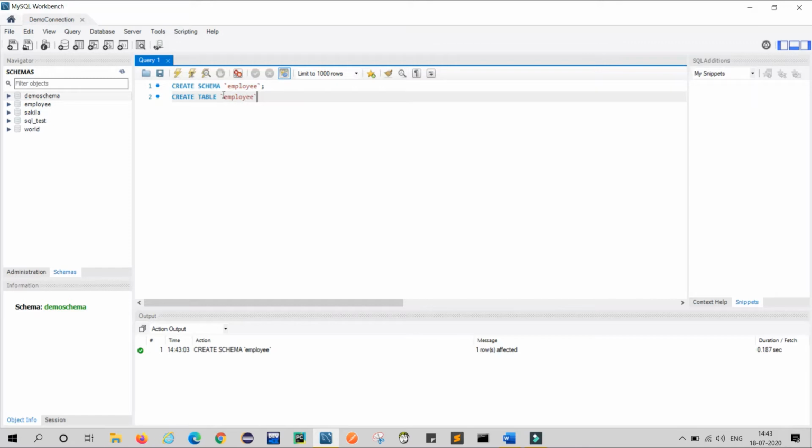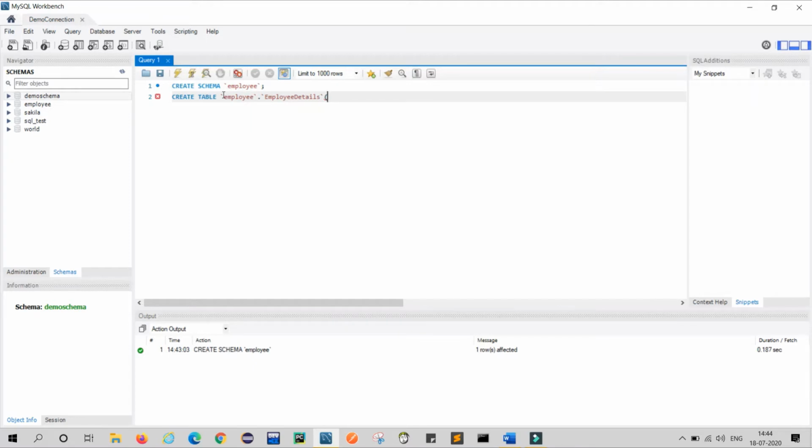This is the schema, dot, and here I will provide my table name, and my table name is employee details, and I will use a small bracket, and after that I will provide my column names.